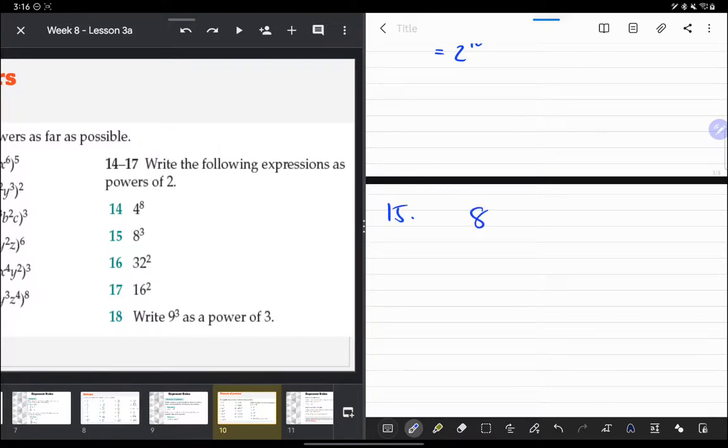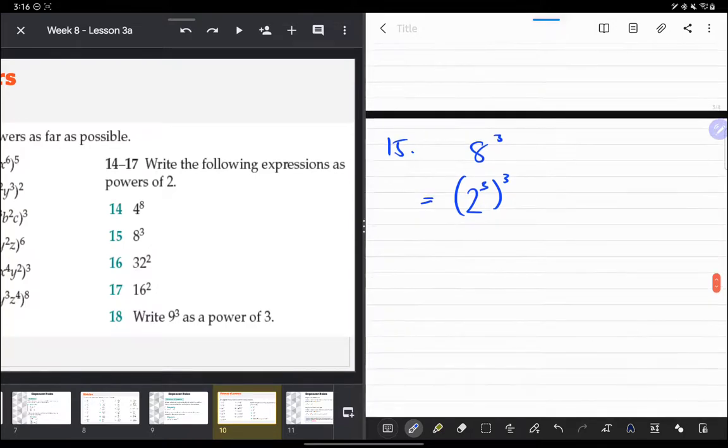15. 8 to the power of 3. Again, we do the same thing. We think about 8 and what we can write. We can write 8 as 2 to the power of 3 should be 8, right? 2 times 2 is 4, times 2 again should be 8. Yep, so I can rewrite it as that. That is an equals there, which then becomes,